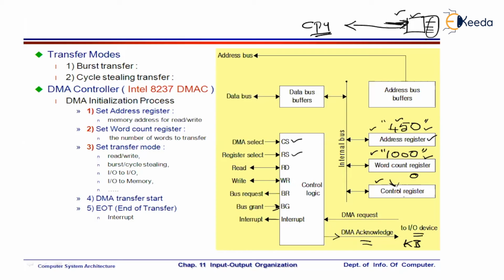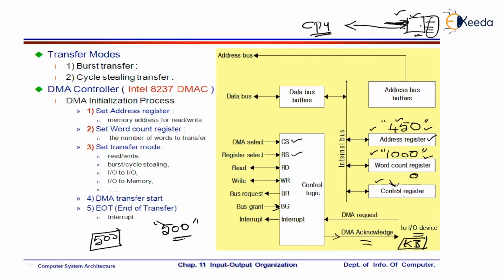But actually, every time, the CPU does not believe the transfer is going to happen smoothly. Because if the transfer doesn't happen, and if there are a few errors in the transfer, let us say, I'll give you a scenario. After the 500th word, let us say the keyboard stopped working. If the keyboard stopped working, the remaining 500 characters won't get transferred, right? So at that time, the word count register won't move at all. Unless the word count register reaches 0, the interrupt signal cannot be sent to the CPU. Got me? So in which case, the CPU cannot regain the control over the bus system.